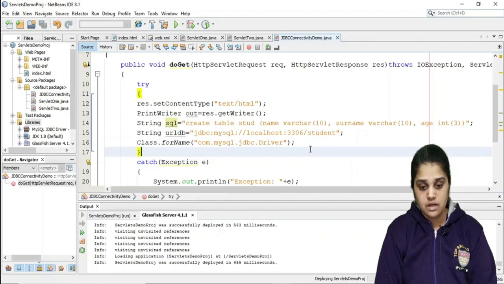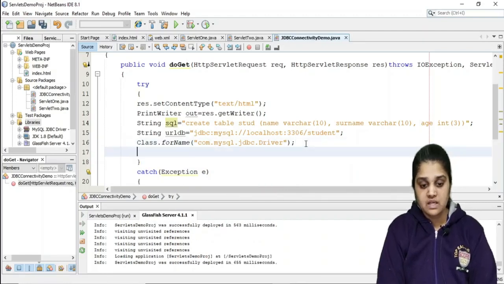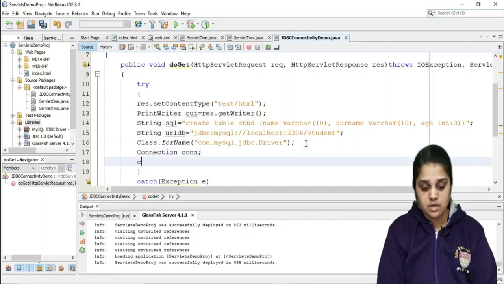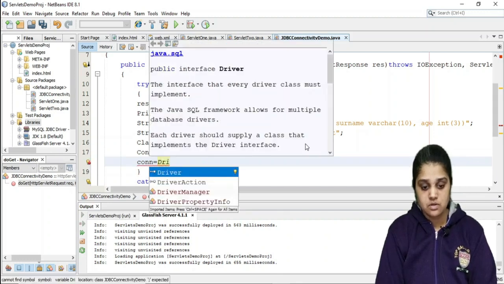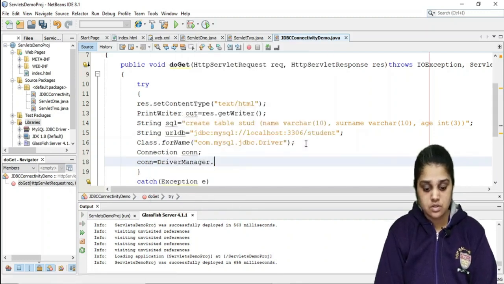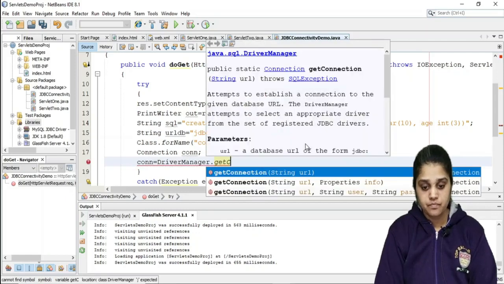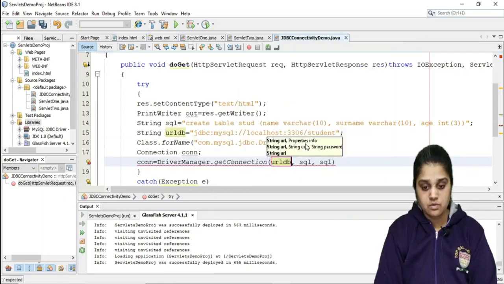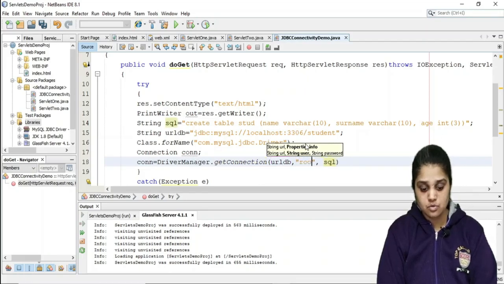Okay, Class.forName. Next, I will create a connection object. Now con is equal to DriverManager.getConnection, into which I will be using root and this.